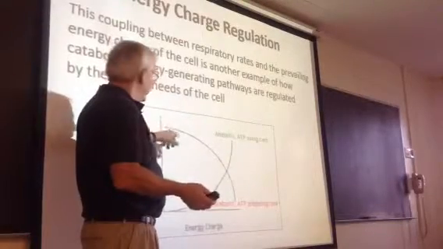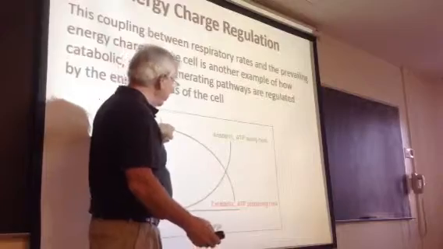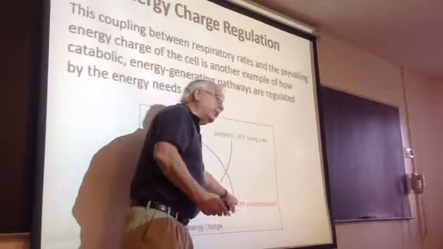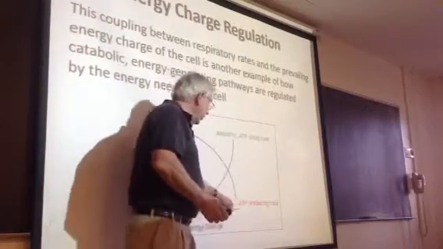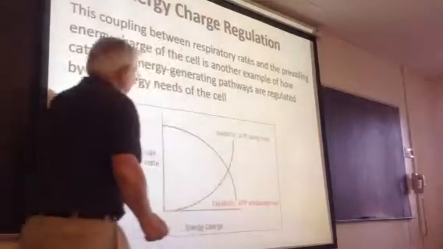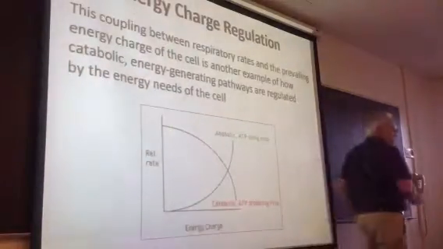Cell's battery's almost dead, you want to run glycolysis, the TCA cycle, and electron transport. Alternatively, if you look at the other extreme, if you've already converted everything to ATP, you're going to shut that stuff down. So that's why you've got this downward curving system. So that energy charge at the